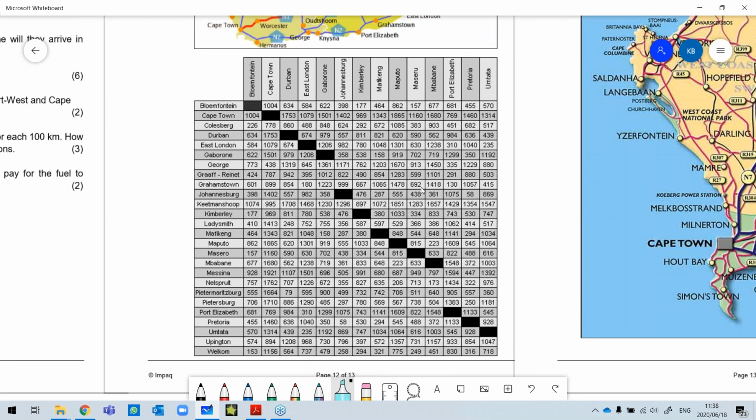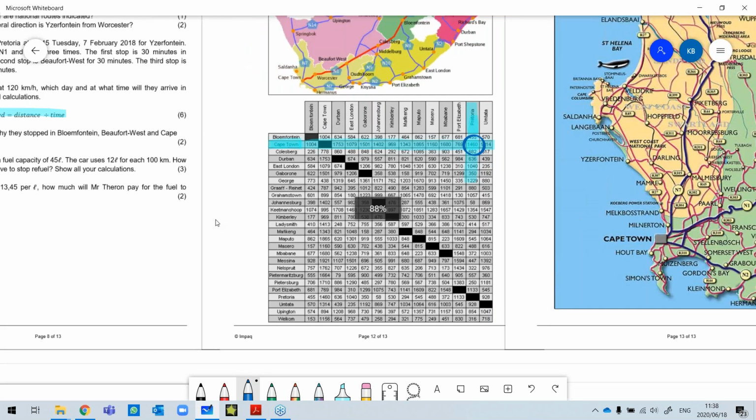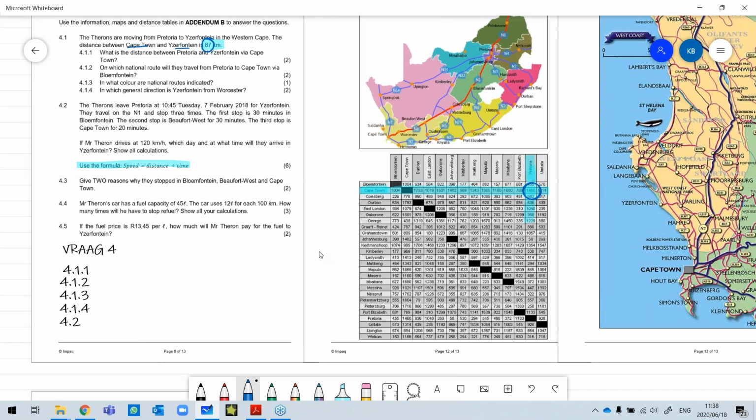First of all, we are going to say they are moving from Pretoria and they are driving via Cape Town. So if we extend these lines, I normally indicate it like so. If we extend these lines, you will see that our lines meet up or they cross in this value, 1,460 kilometers. So that means, to answer question 4.1.1, we are going to say 87 kilometers plus,